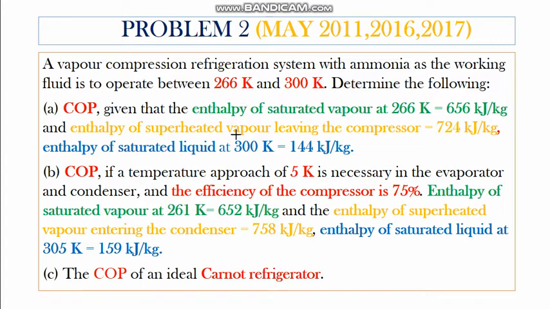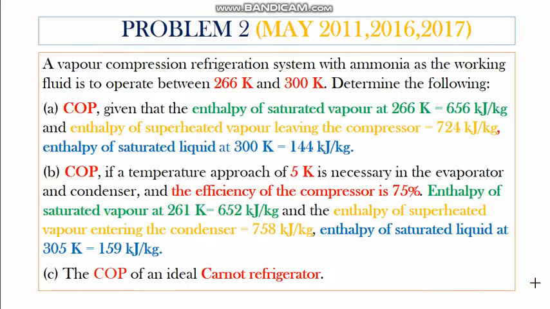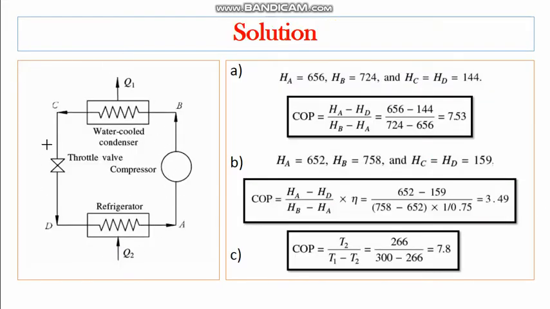I haven't read the entire data of this question. Before reading it, I just want to show you one thing, which is my cycle. Your question itself clearly starts with vapor compression refrigeration, so this problem is based on vapor compression refrigeration. From the question itself, it is very clear. So I have drawn the vapor compression process. Before going to the problem, I want to tell you one thing. You have to be very clear about this point, then only can you do any sort of problem based on this vapor compression cycle. So this is my refrigerator.